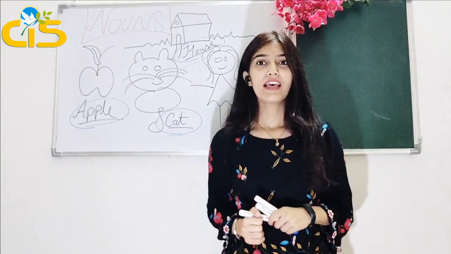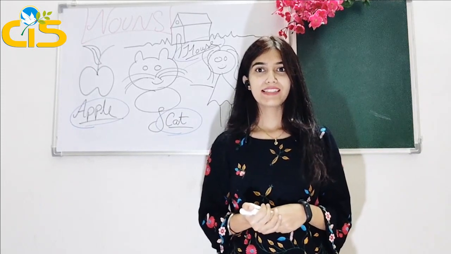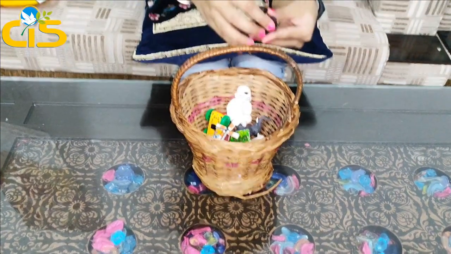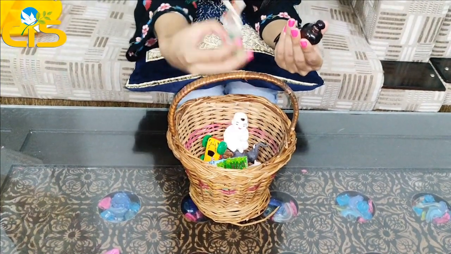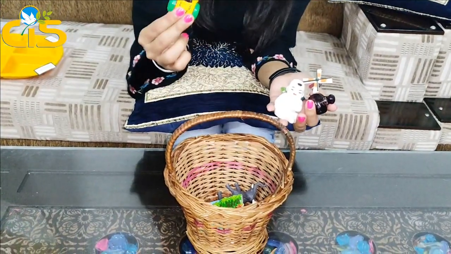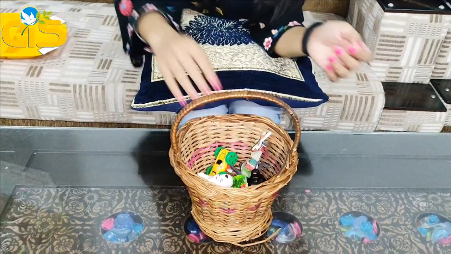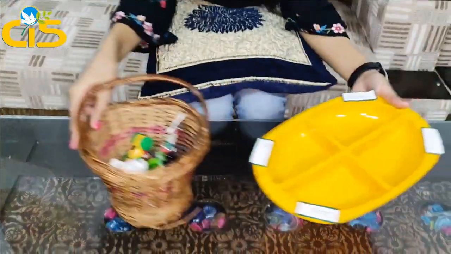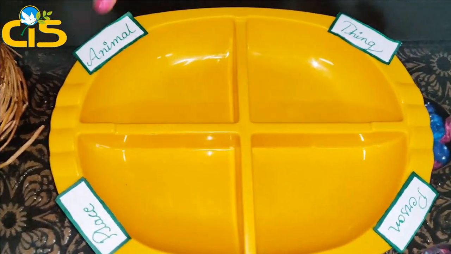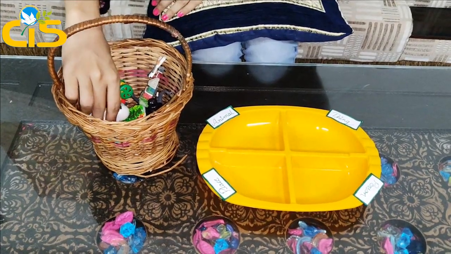Right? So come on. Now let's do an activity to bring more fun to our class. Alright? So students, as you can see, I have a basket in which I have a lot of things. I have a perfume, I have a baby boy and many more things, right? So now we have to put these objects in their respective categories, which I have divided here. So in this tray, there are 4 categories: person, place, animal, thing. Alright? So let's begin with the activity.